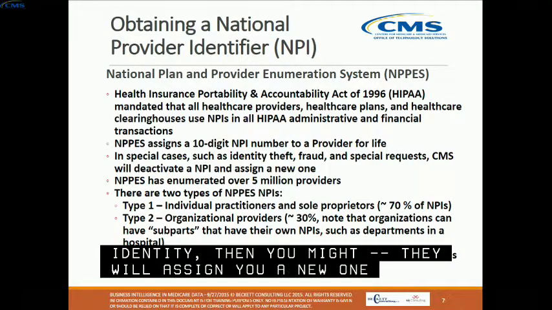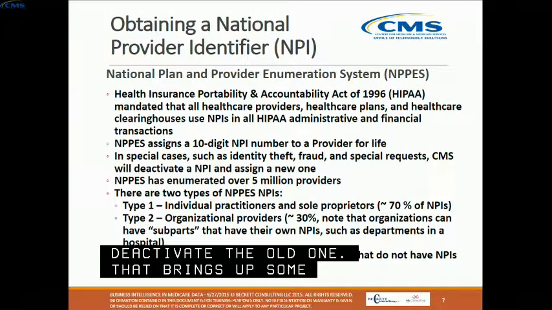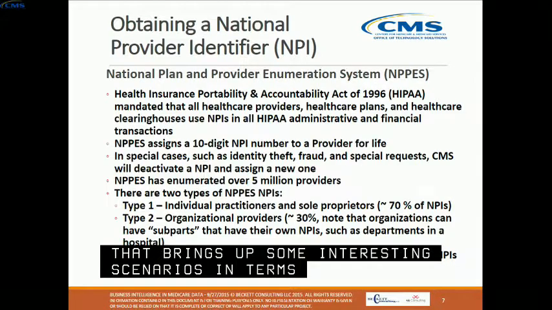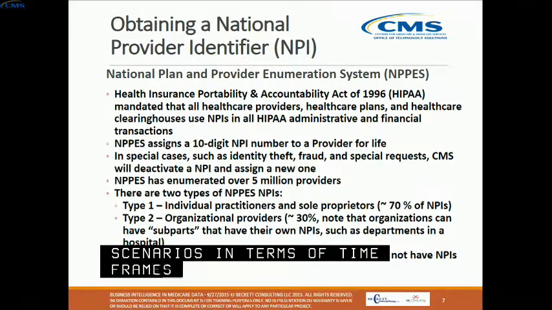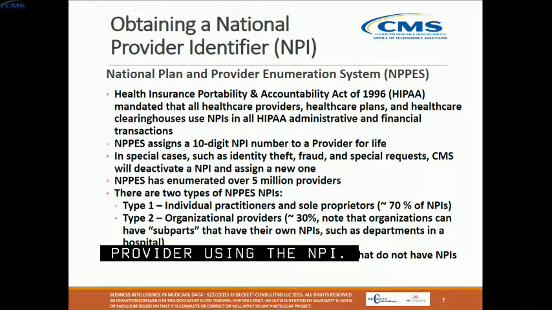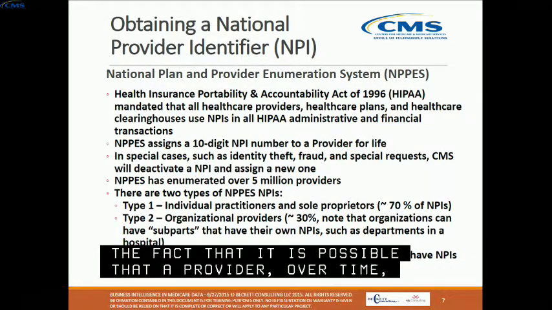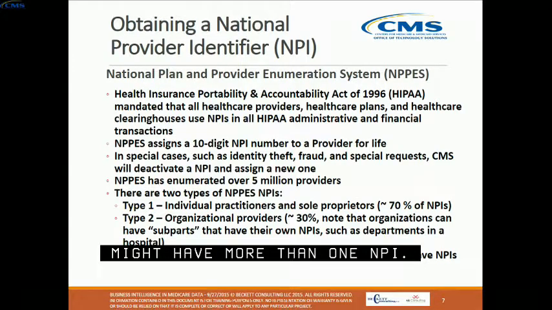And that brings up some interesting scenarios in terms of time framing on identification of a provider using the NPI. So you need to know and appreciate the fact that it's possible that a provider over time might have more than one NPI. But at any given point in time, they should only have one active. So not to go into too much detail,